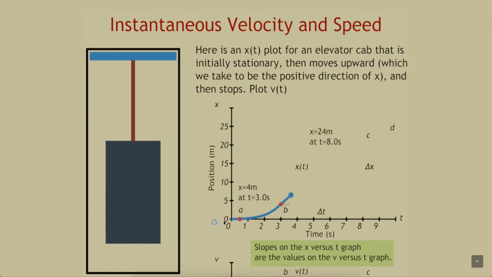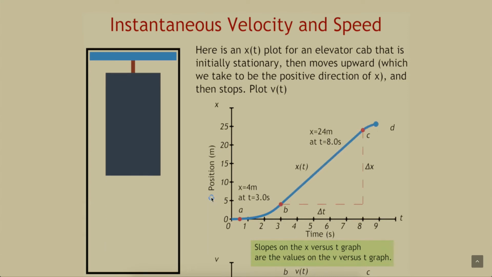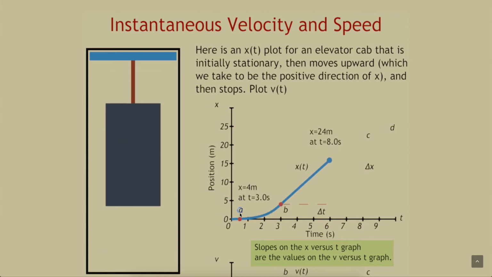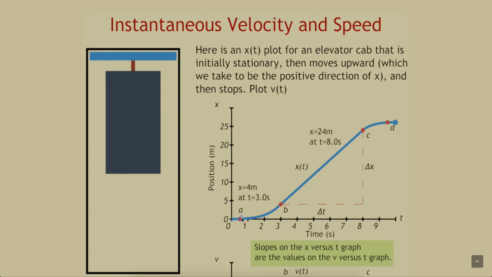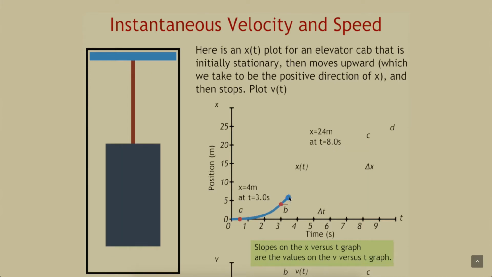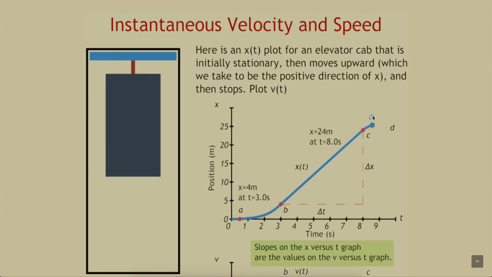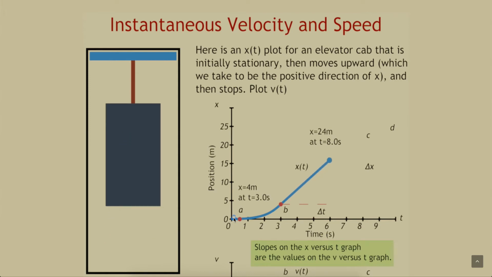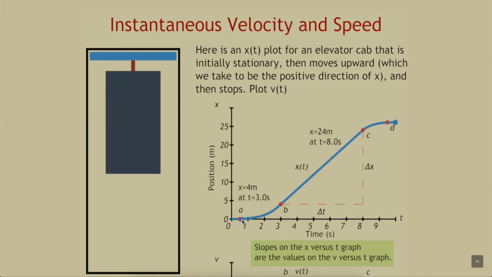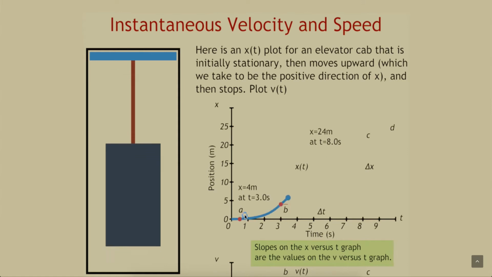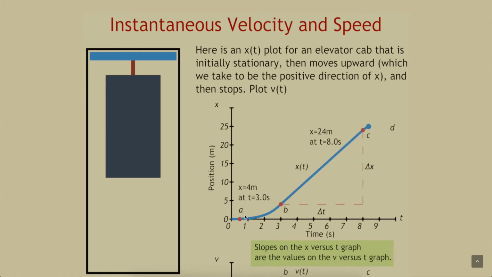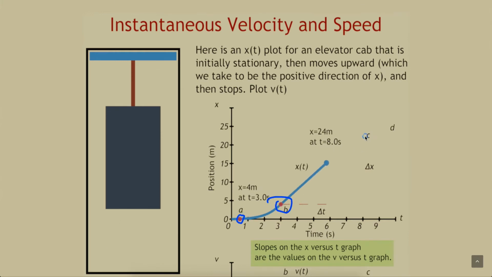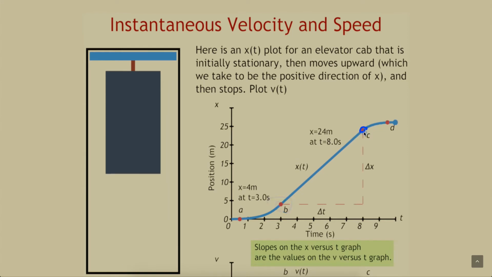So like I said, this may seem an incomplete problem statement since you can think we are missing data, but it's not true. Let's start by looking at the graph and see what we have here. The first thing I notice is that the blue line describes the movement of the elevator cab. That is, the blue line describes the position of the elevator cab with respect to time. Also, there are 4 points of interest along the curve that can help us to determine information that we need to plot the velocity versus time curve. These points in red are labeled with lowercase letters A, B, C, and D, and we can use them to complete our analysis. Let's start by analyzing point A.